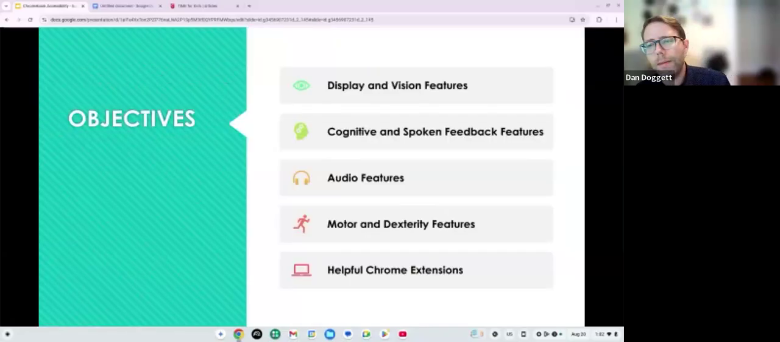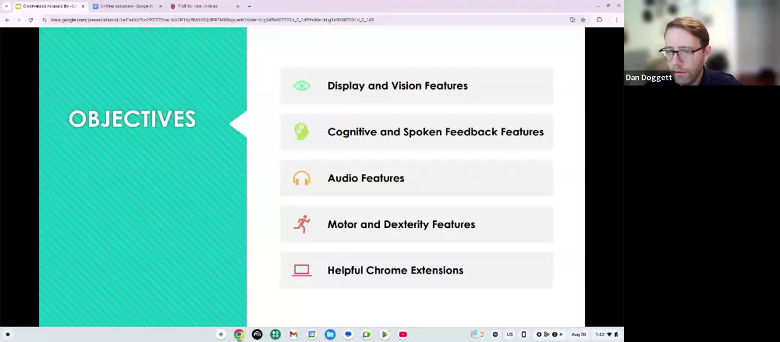So in today's webinar, we're going to be looking at both the native accessibility features found in Chromebooks and also look at a selection of helpful browser extensions specifically to be used in Chrome. For the built-in features, I'm going to be organizing them based on how they might help or operate with certain disabilities. Many of these programs can be used for a range of disabilities, however, so keep that in mind as